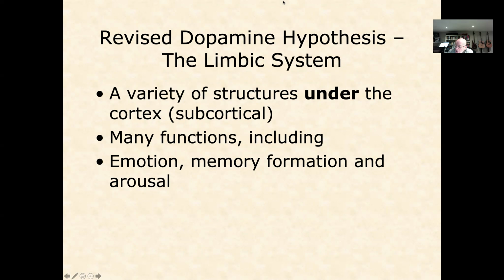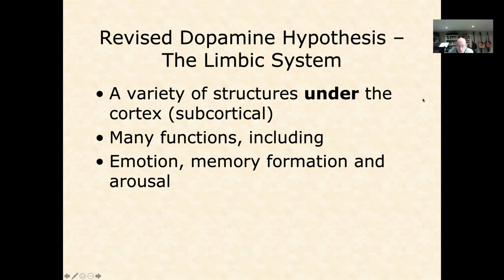the area that they looked at to try and see if they could get a better understanding of dopamine is in the limbic system. Now, that's a variety of structures underneath the cortex. And so if you see the word subcortical, that means any structure that's underneath the cortex. And that's got many functions, including things like emotion, memory, and arousal. And so what people were looking at was, is there anything happening in the limbic system